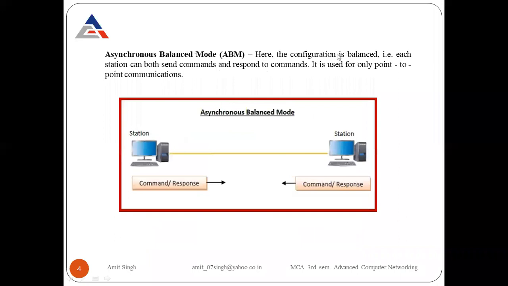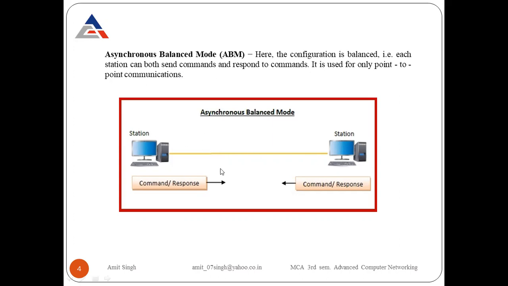Here, the configuration is balanced. That is, each station can both send commands and respond to the commands. It is used for only point-to-point communication. Now, two things have to be remembered in the case of asynchronous. The first thing is, in this case, both stations can send the commands as well as receive the commands. And the second thing is, asynchronous balanced mode is only used in the case of point-to-point communication